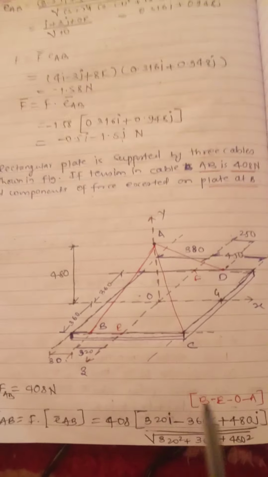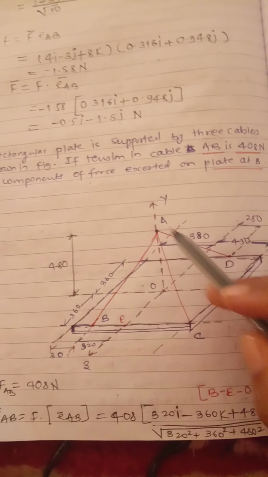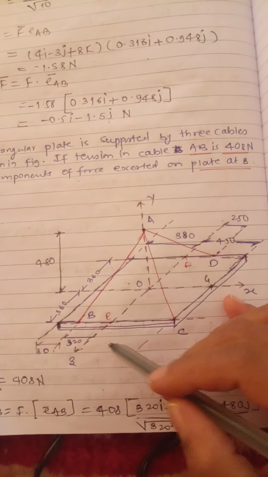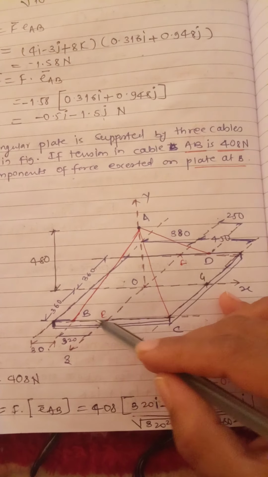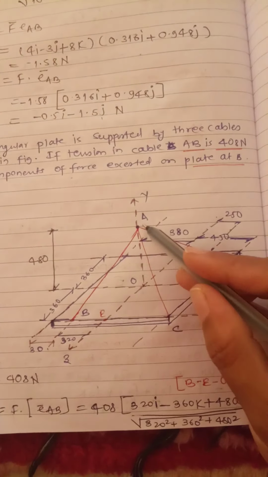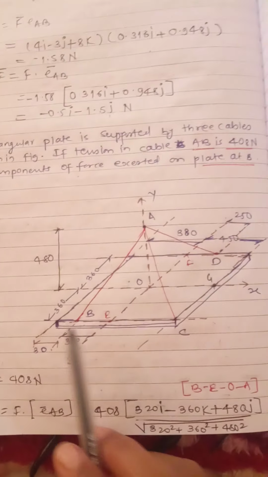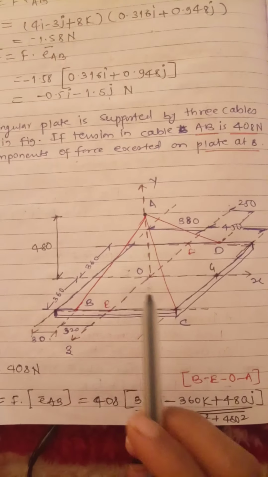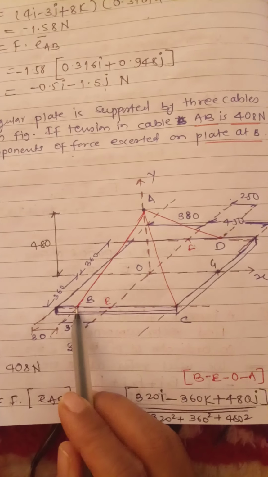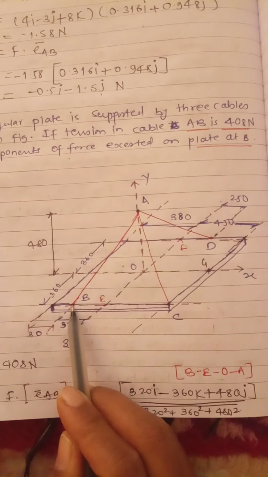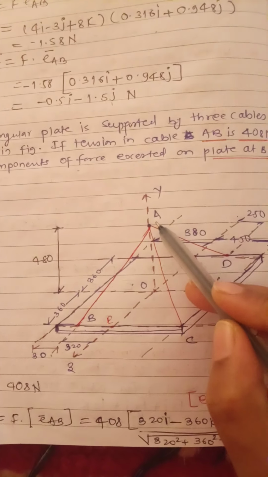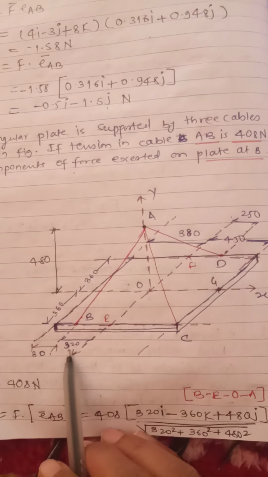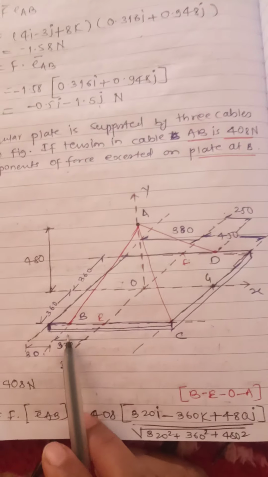The value 408 is there. Again, what we are supposed to do here: I know AB is there. We'll start from B and I want to reach A. I'll follow all the axes: I'll go from B to E, E to O, and O to A. This is one method. Another method is to work out the coordinates of B and the coordinates of A. Coordinates means from the origin you find the value of X, the value of Y, and the value of Z for this point. For B, from the origin it will be minus 320, am I correct? In the negative direction of X, minus 320.